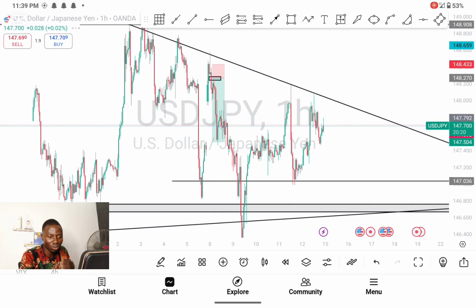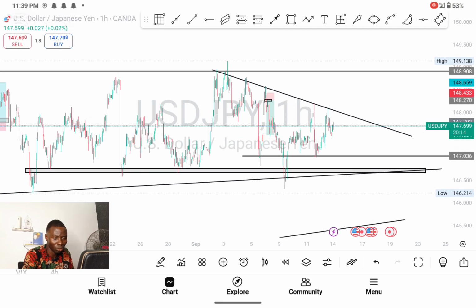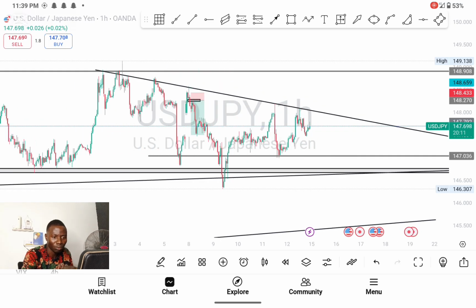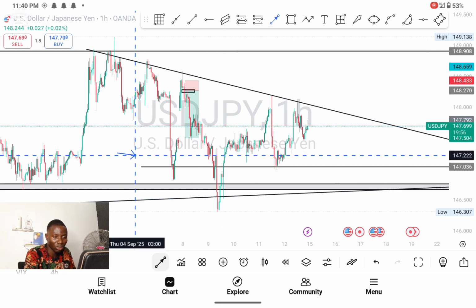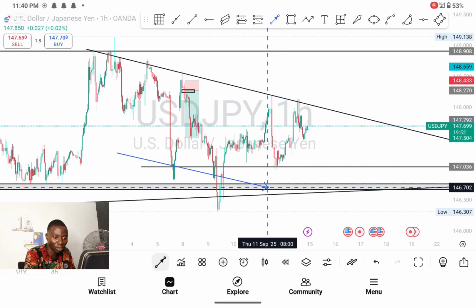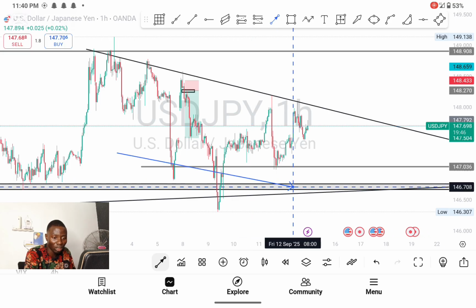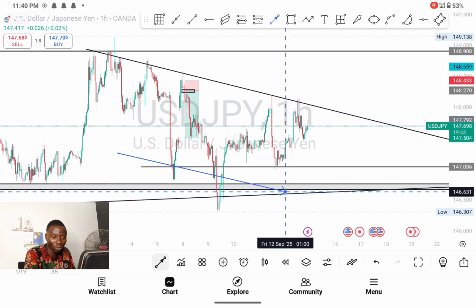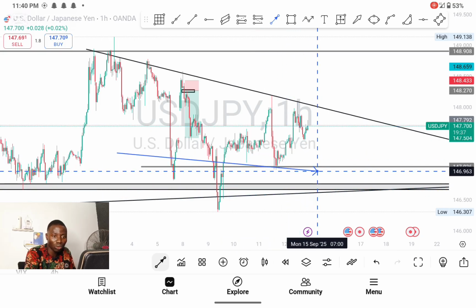So what are we going to do concerning this pair now this week? So now, what I'm seeing here is, remember, this place is not a strong support level. This is a strong support level we have here, and a strong support level we have here. This horizontal line and this trend line all correspond. So what are we going to do now?